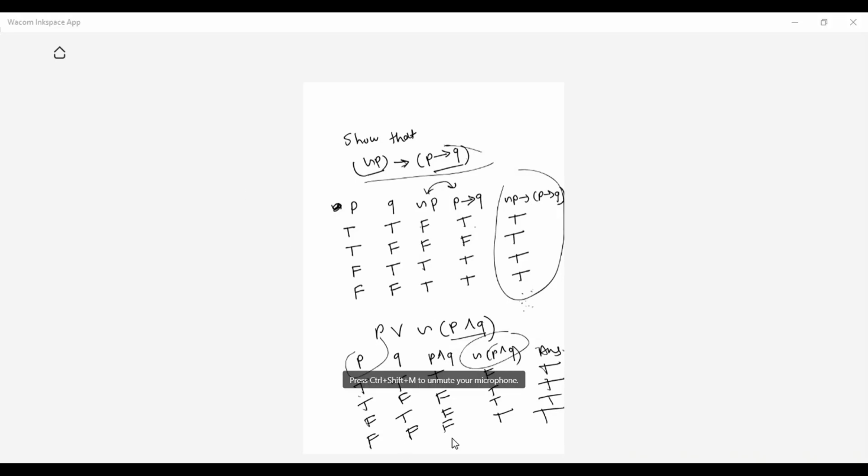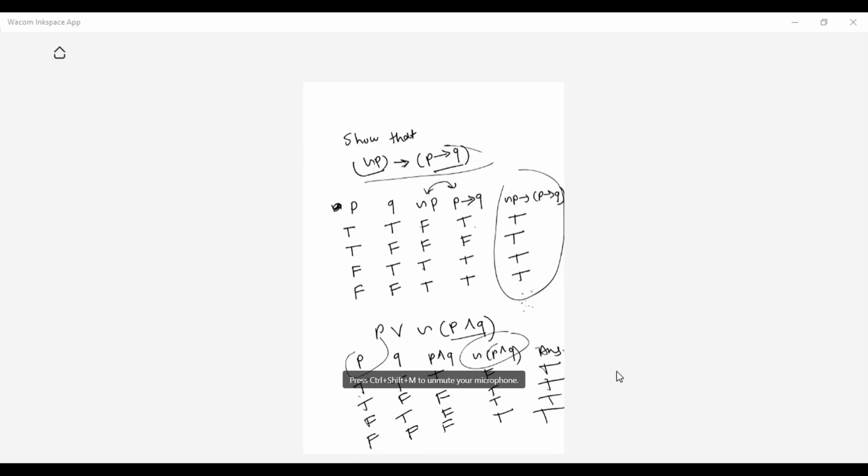I hope everyone has got this. This is how we are going to solve the problems, based on the tautology and contradiction terminology, and one or two problems will be solved for equivalence also. In the next lecture we'll continue this, and then we will have mathematical induction. I hope you have got the topics we covered today, and that you have enjoyed it. Notebook and pen are very important.